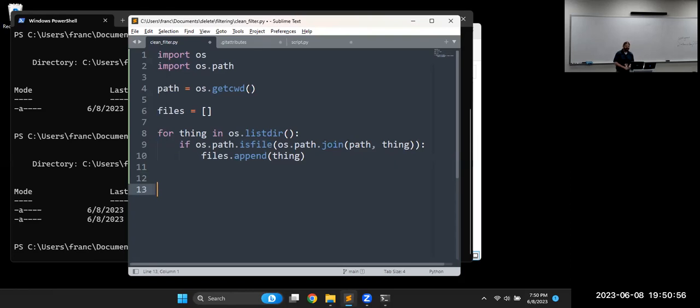So that gets us a list of everything in our repository. Let's look at this. I'm going to erase this line here. If it's not a file, then it's a directory, right? And if it's a directory, what we would really probably do is put this in a function, and then call it: if it's a directory, call this and go into that directory. So go a level deeper and then do this same thing a level deeper. And if it's a file, keep going a level deeper over and